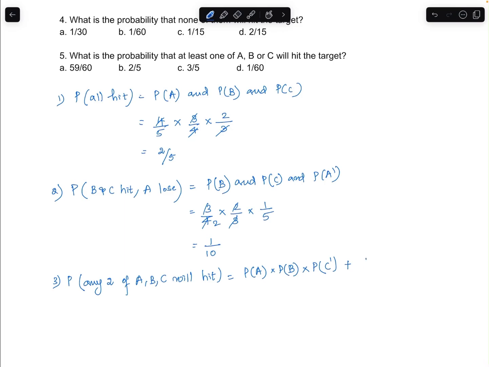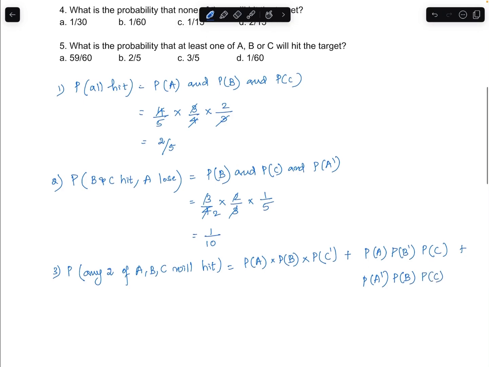In the second case, let's take A hits and B does not hit and C hits, plus the third case, let's take P of A dash, that is A does not hit, B hits and C also hits,